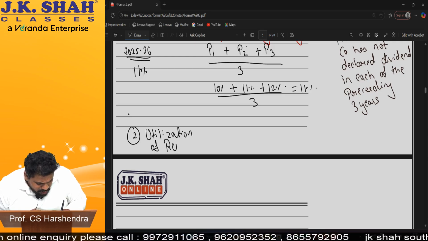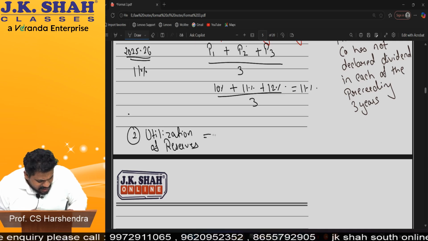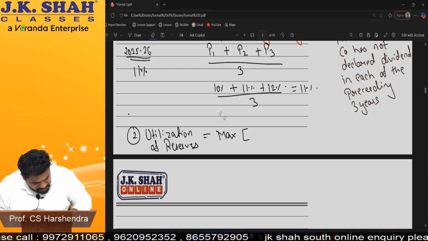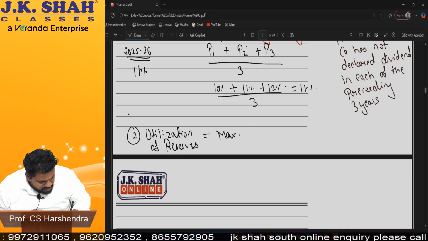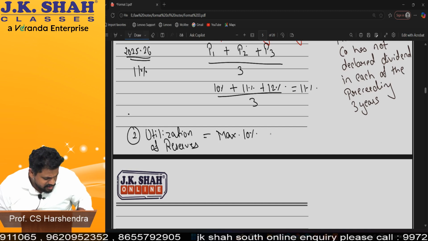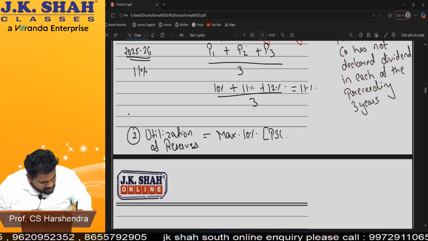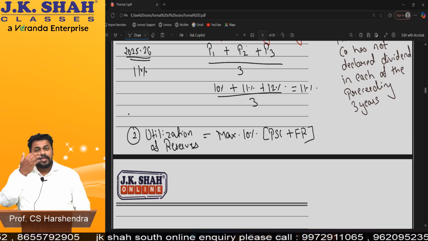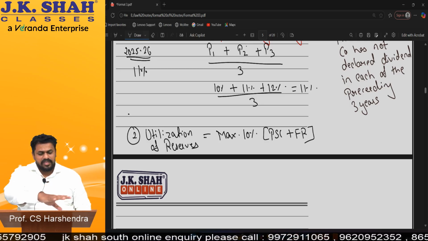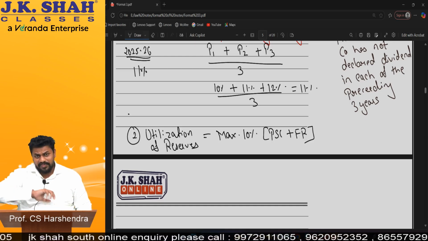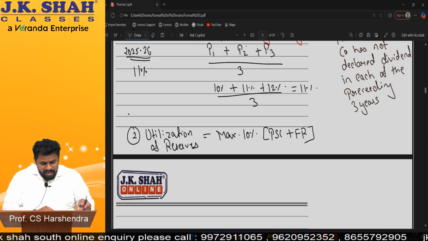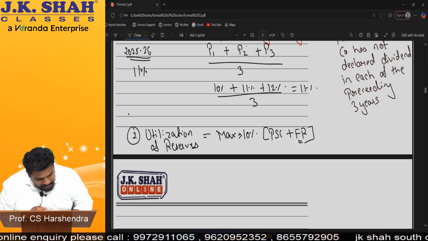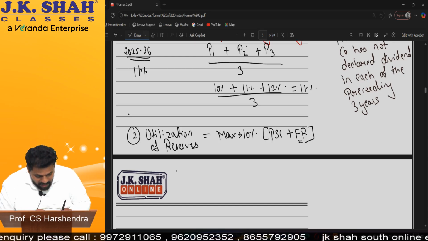How much money can you use from reserves? There is a limit. Maximum 10% of paid up share capital plus free reserves. For example, if your paid up share capital was 1000 rupees and free reserves 1000, the total is 2000. 10% of 2000 is 200. You will take 200 rupees from free reserves. Am I clear with this? Clear? Now third.